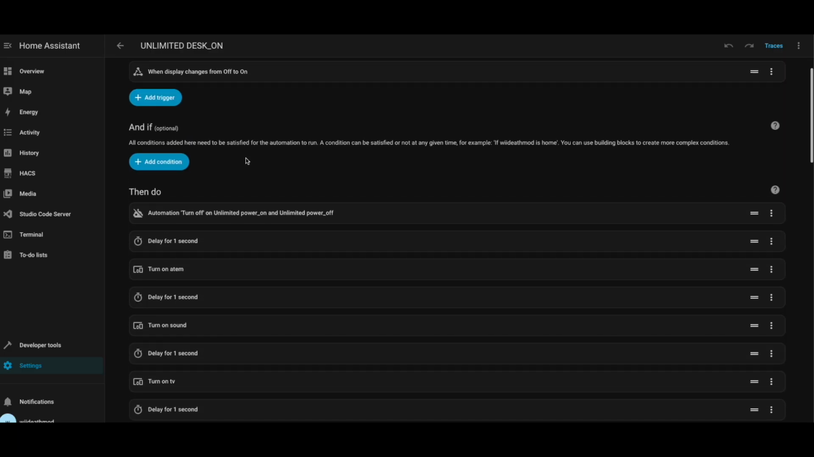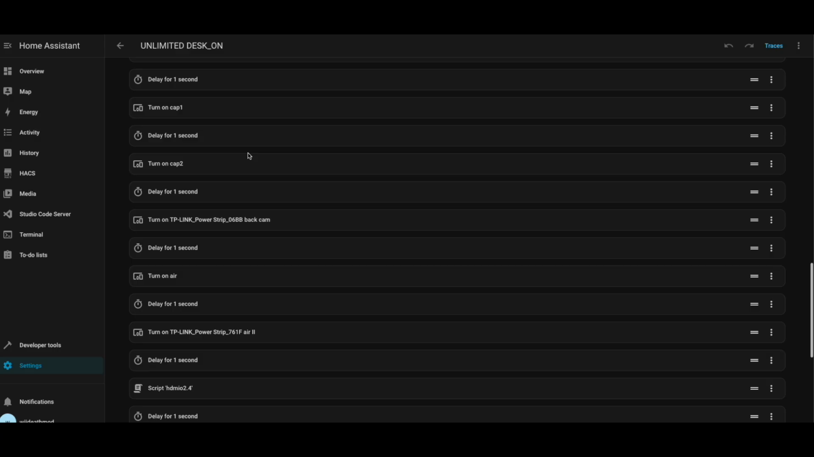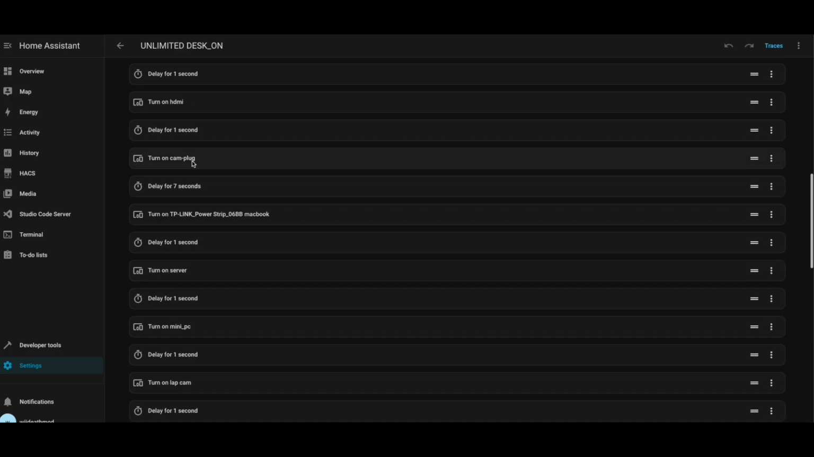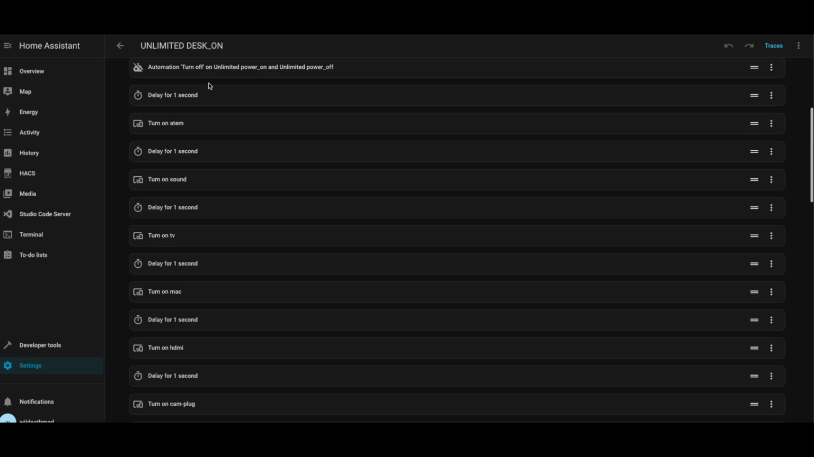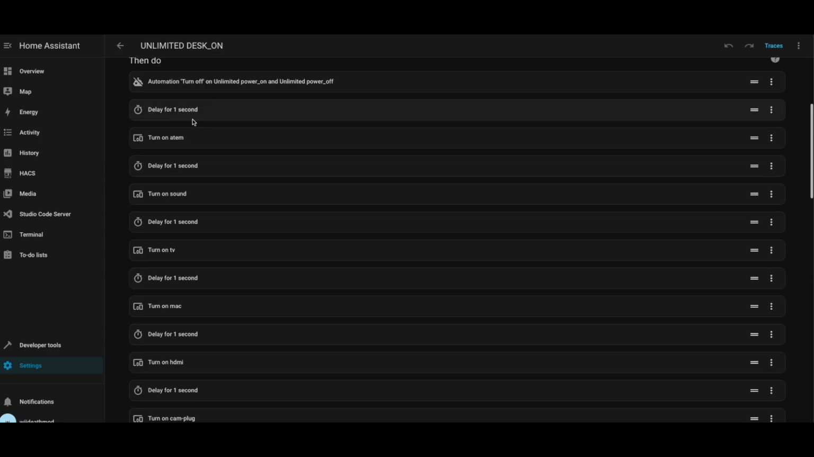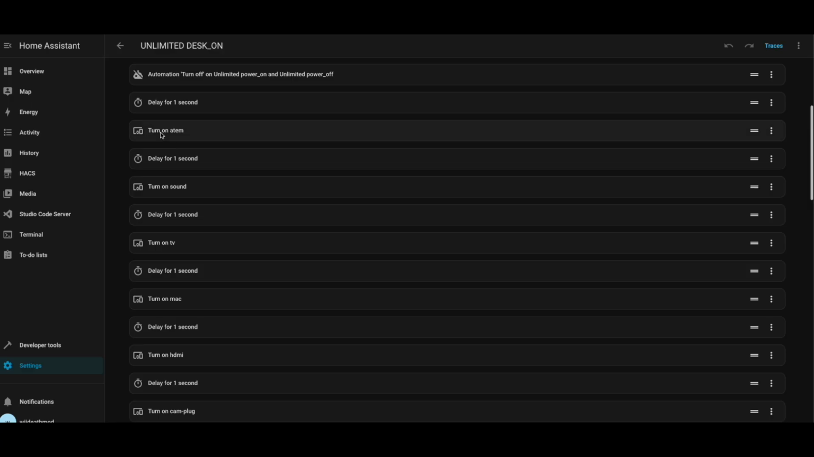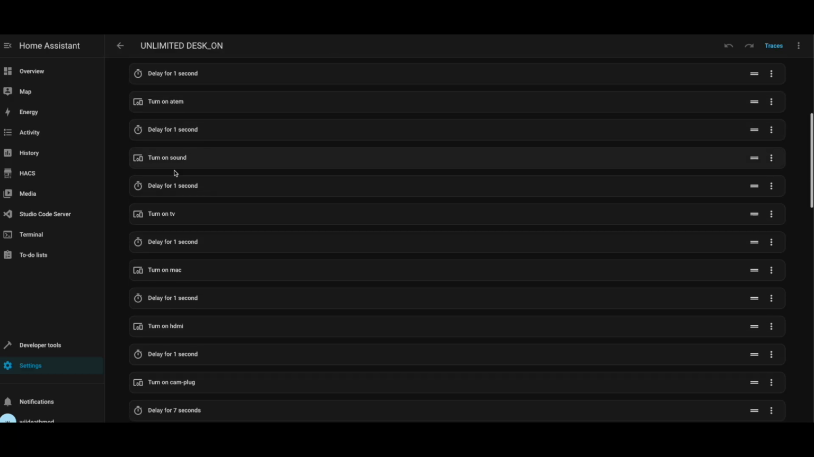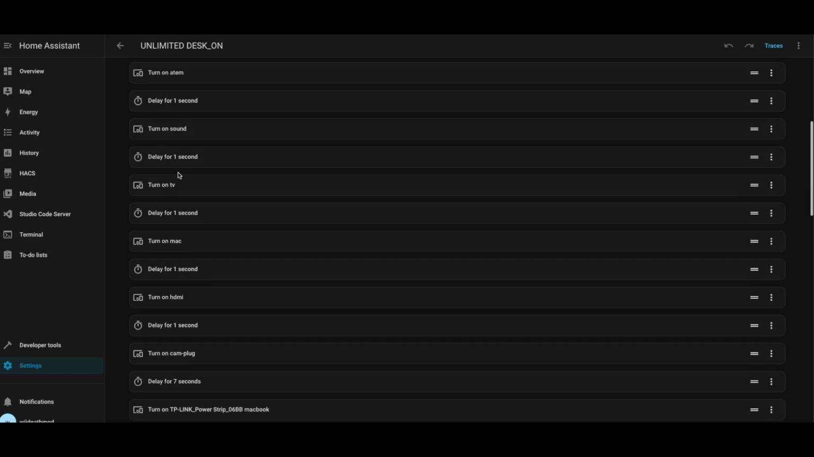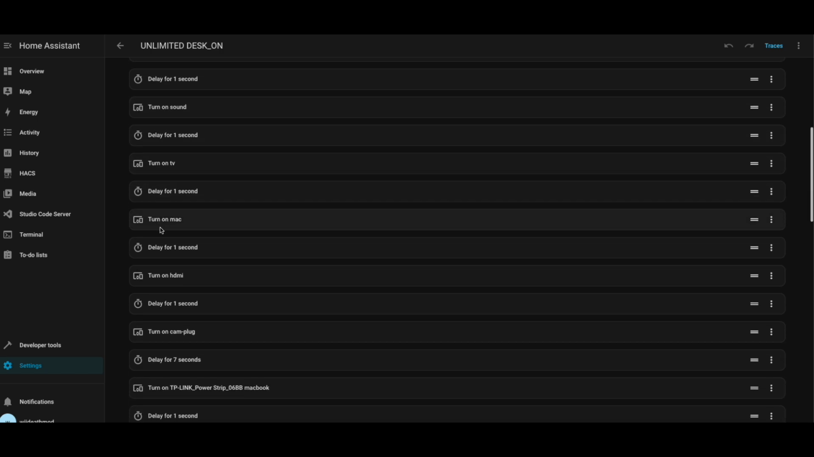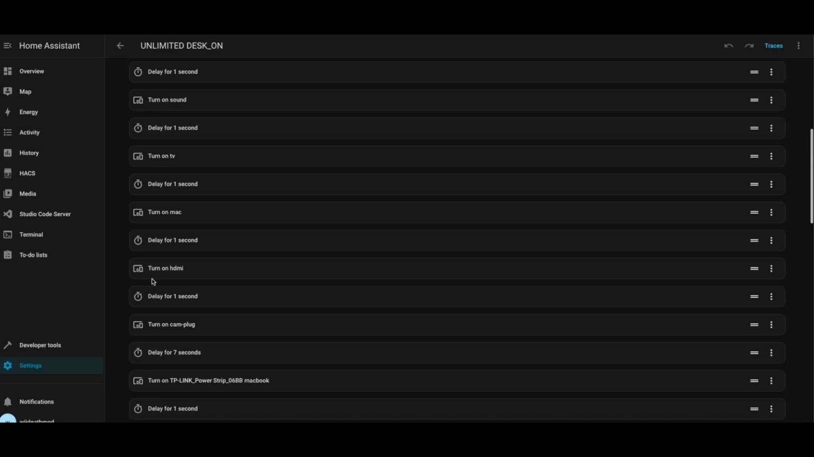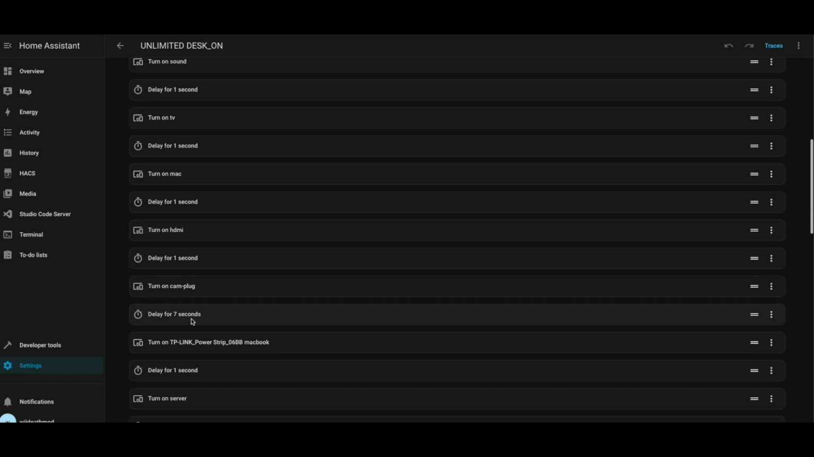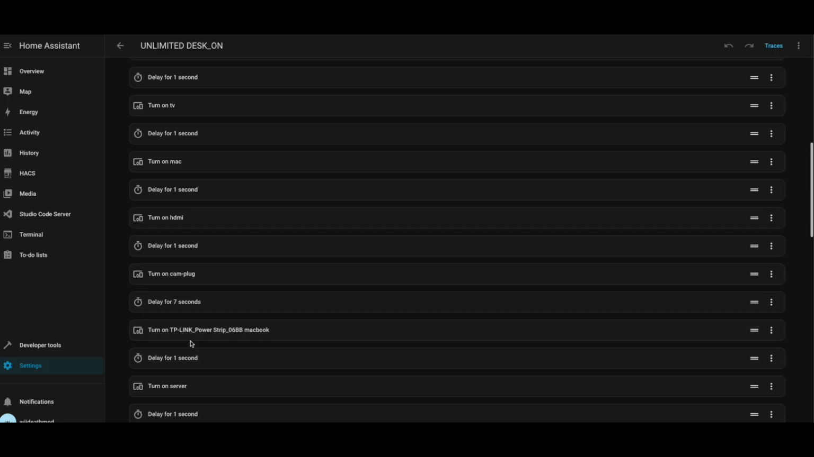This one is pretty long. With unlimited disk, it will turn off unlimited power. It will turn on Apple at ATEM, turn on Sound Smart Plug, turn on the TV, turn on Mac, turn on HDMI, turn on cam plug, turns on